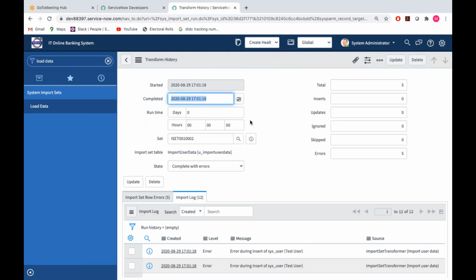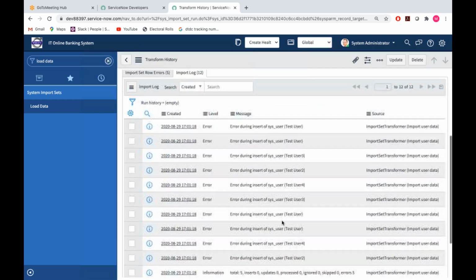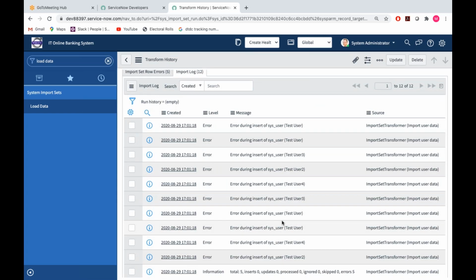There is one business rule running on the user table. So test user 1 is already there, test user 2 is already there, so it will not import the data. That's what is going to happen here. So what we will do is,